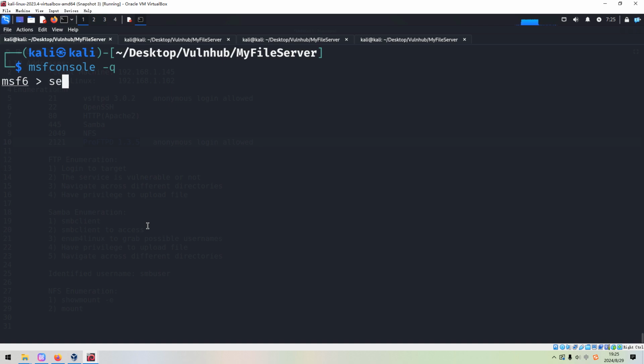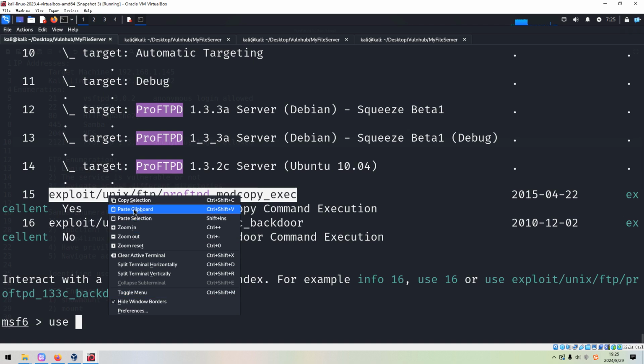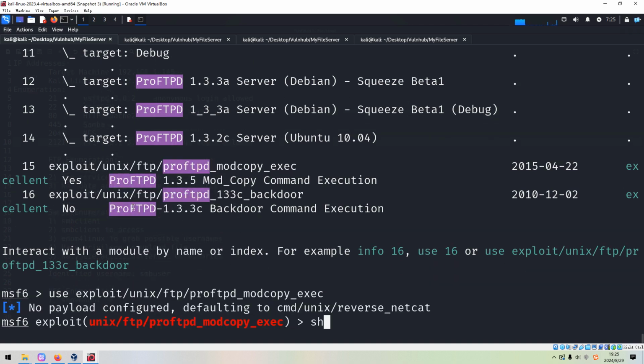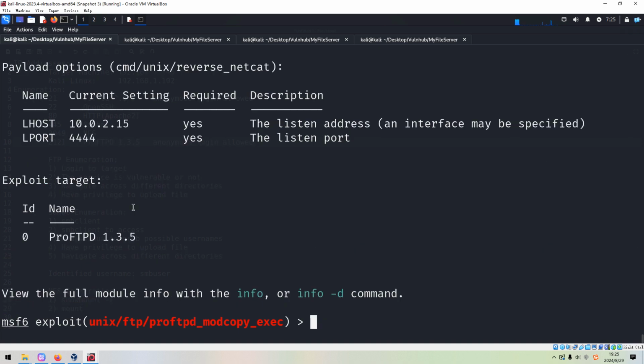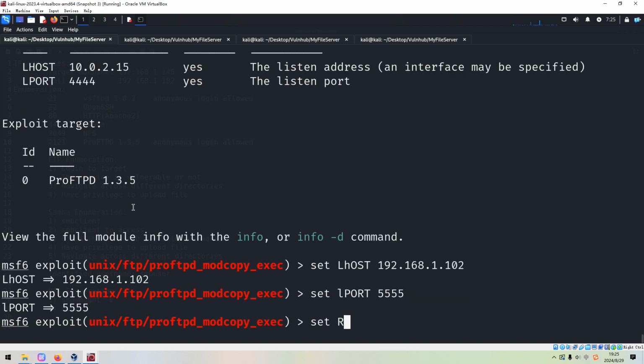Okay, so we can search ProFTPD and use this module, copy and paste it over here, and then show options. We can use this payload, set the local host to our Kali Linux, set the local port number to 555, and also set the remote host to our target.